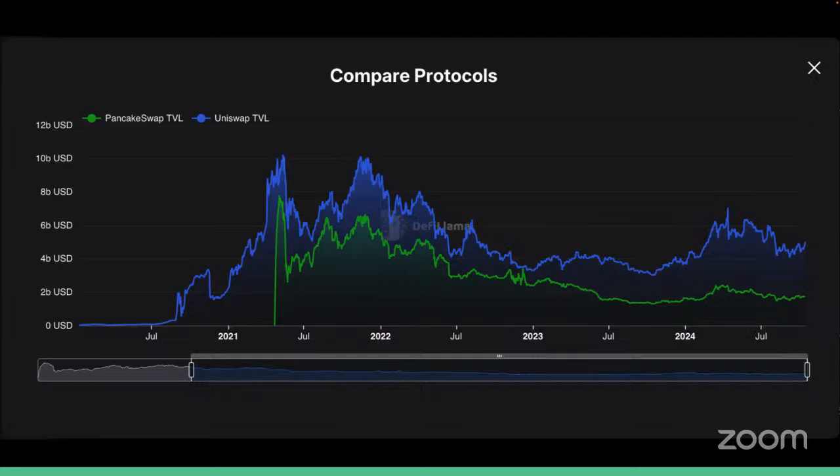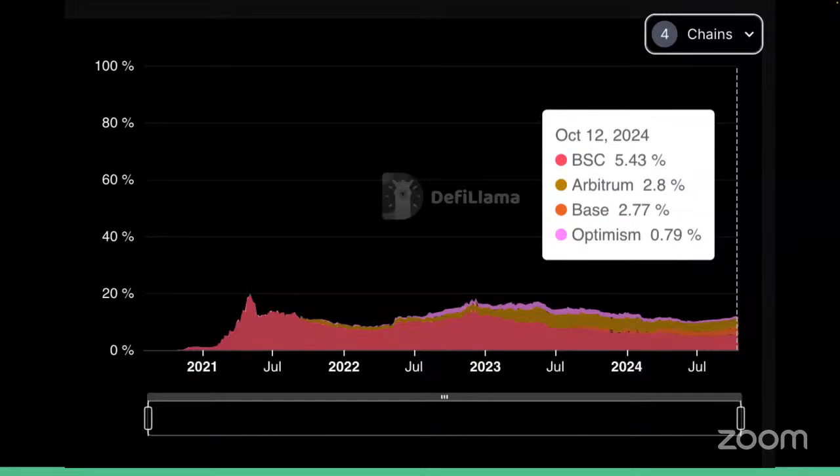So we know Uniswap dominates Ethereum and Ethereum L2s, while PancakeSwap is still king on Binance Chain. That's true. But on this chart of TVL per chain, we have Binance Chain slowly decreasing. Its share in early 2023 was over 12%, and now it is less than half, 5.4%. Basically, since 2 years ago, main Ethereum L2s have been gaining a significant share, and now Arbitrum, Base, and Optimism are surpassing Binance Chain today.